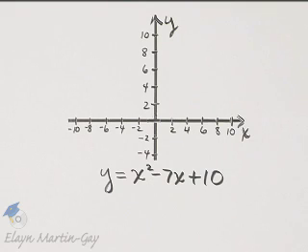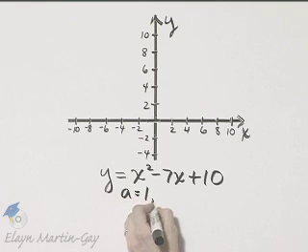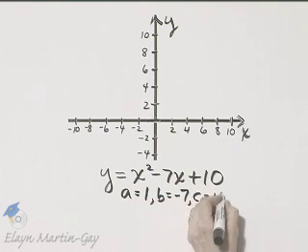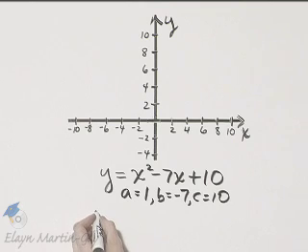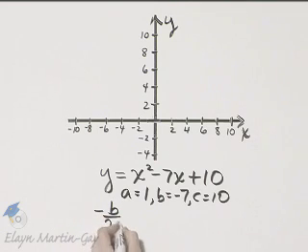We want to graph this quadratic equation, find the vertex and any intercepts. So let's begin. Let's find the vertex of the parabola. Notice here a is 1, b is -7, and c is 10. And we can use that formula that the x value of the vertex of the parabola is -b over 2a, which in this case is